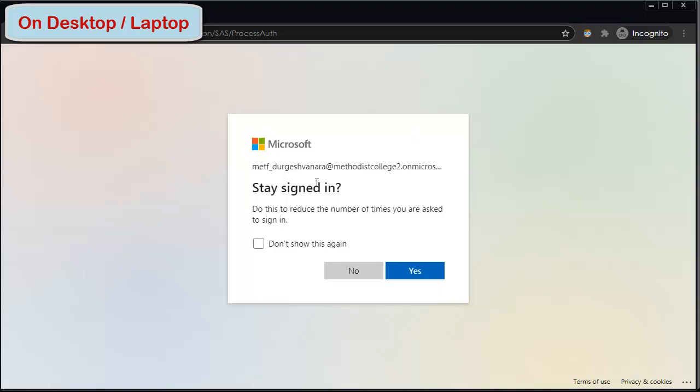It will ask you whether you want to remain signed in. This is so that you can avoid typing your big ID every time you want to sign in. So if it's your own device, then you can just remain signed in. You can tap on yes. And if you are temporarily using some other device, like in an internet cafe or your friend's, then please tap on no. So I'll just go with yes for now.